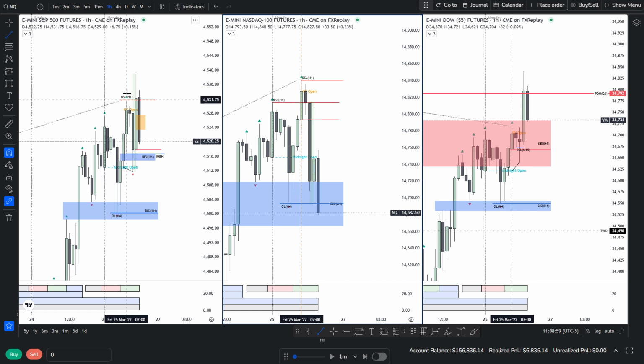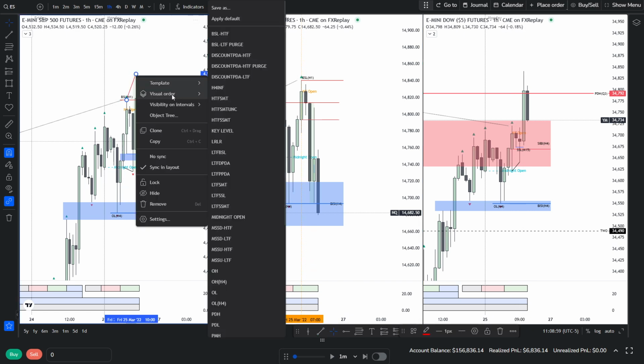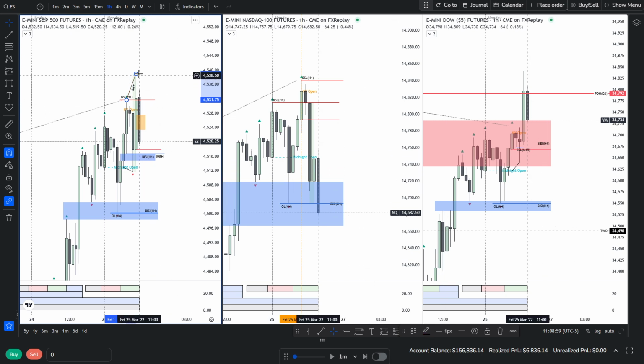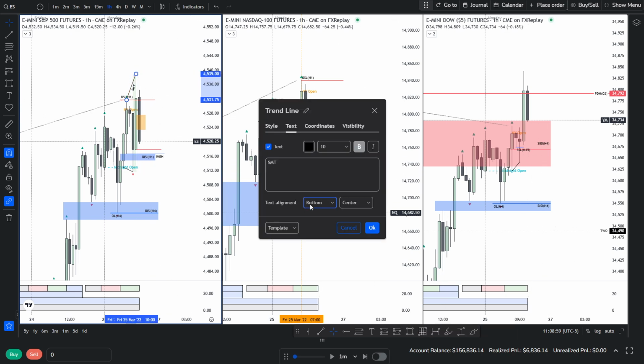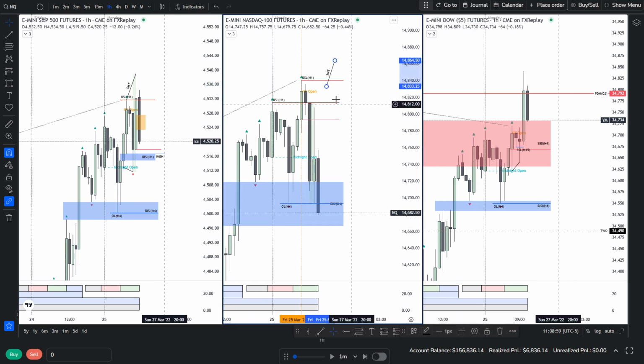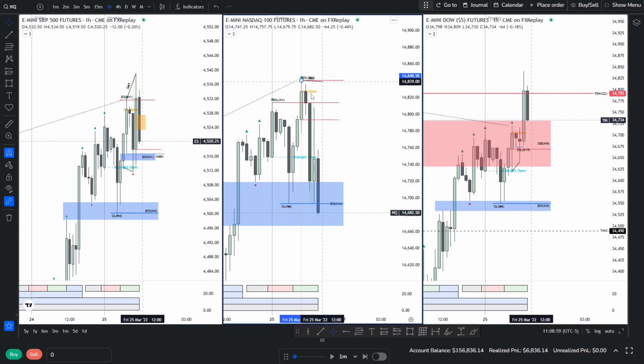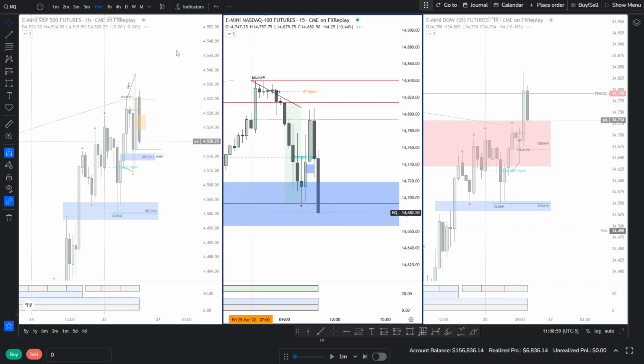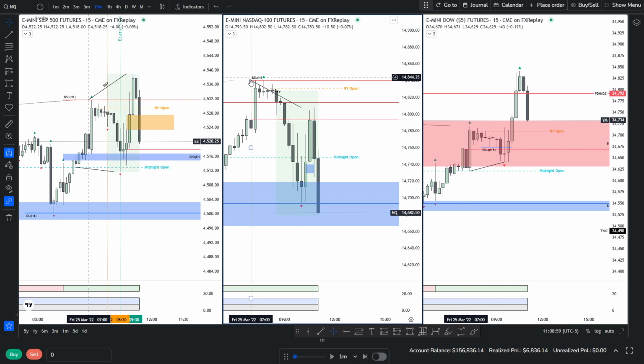So we have, hold on. Appears to be to that candle there. So not clean, but